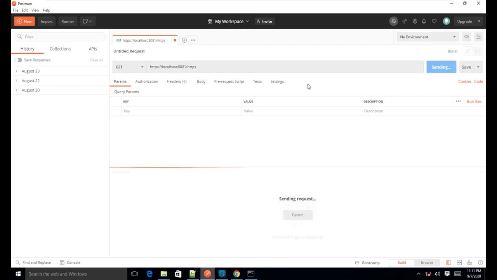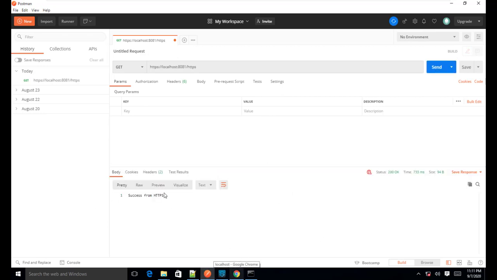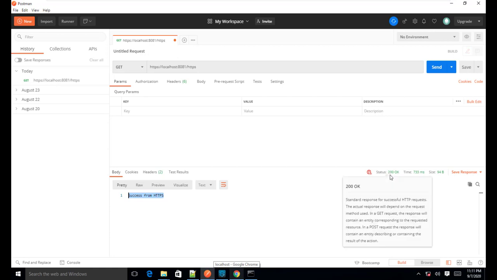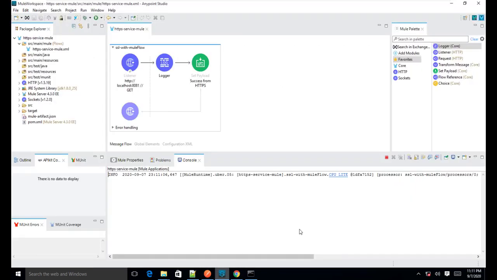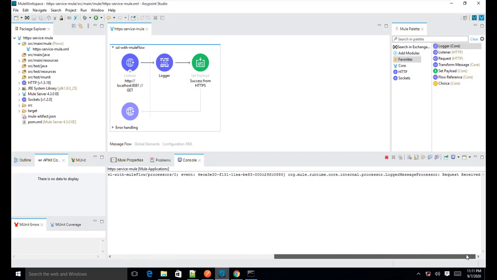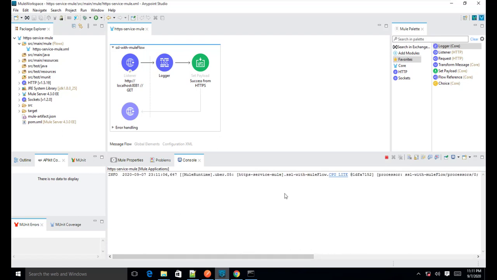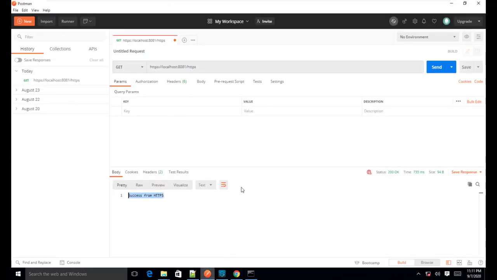Let's send the request, and you will see that a success response has been received with status code 200, right? And if we go to the log section, we will see that the request received log is printed. So this way the communication happened.